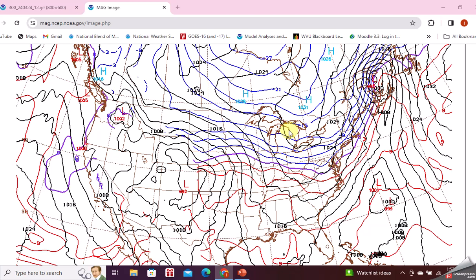Now, I want you to look off the coast here. Off the coast of New England, well off the coast, is another high pressure. Well, that high pressure is formed out over the middle of the ocean. Now, the ocean is kind of moist, isn't it? So it's a maritime high pressure air mass. And now here comes the complicated part.